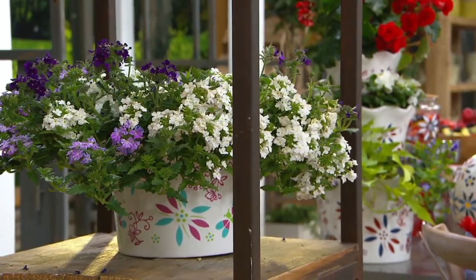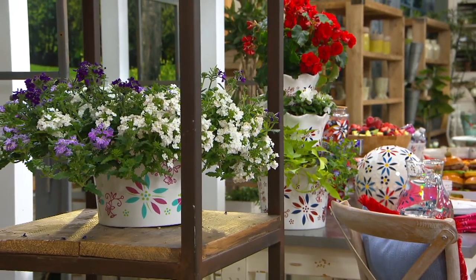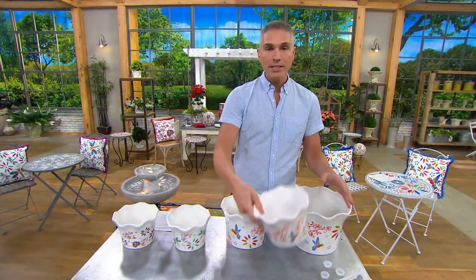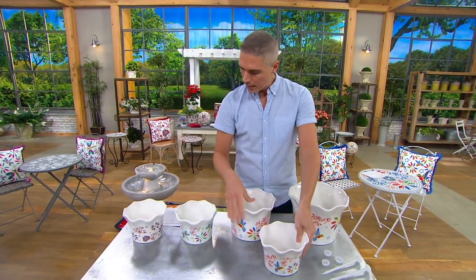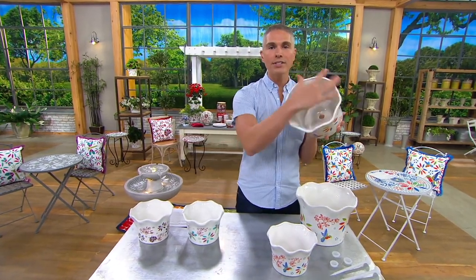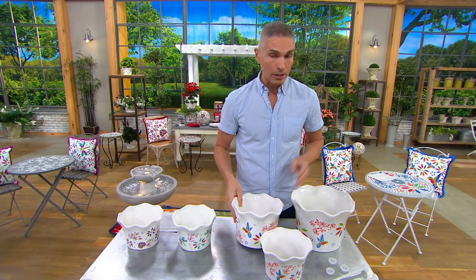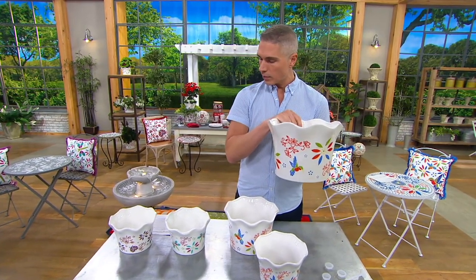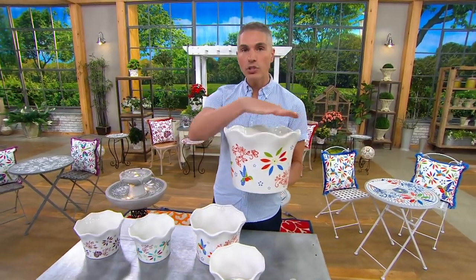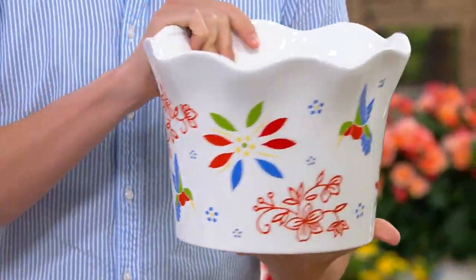You get all three of them today for $12.90. You get a small, a medium, and a large. The small is about 7.5 inches in diameter, 5.5 inches in height. The medium is 9 inches in diameter, almost 7 inches in height. And then the large, take a look at this one. This is really nice and big. This one is going to be about 11 inches in diameter, 8.5 inches in height, and they've got designs all